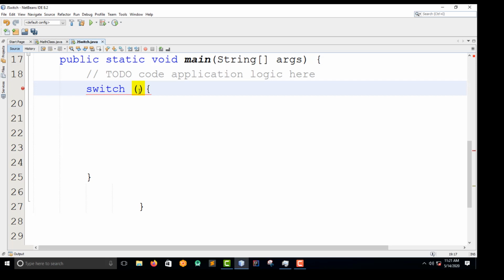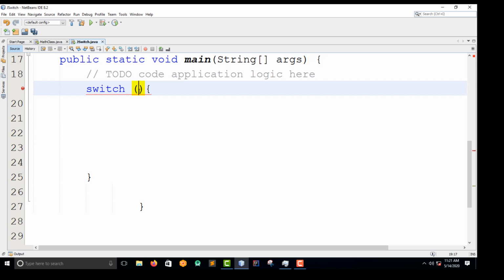So this one I want to do a very simple thing here. But before that, guys, I want to explain to you in a deeper way how this switch actually works. The first thing that you have to put in your mind, and it should be on your fingertips, is that the switch expression is evaluated once. Guys, do you hear me? I'm saying the switch expression is evaluated only once.